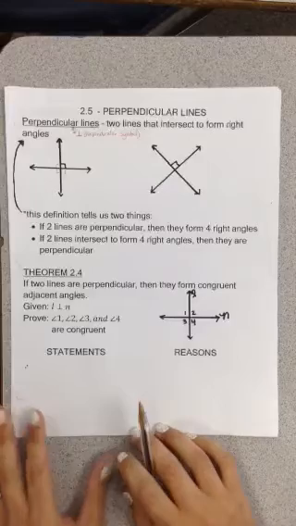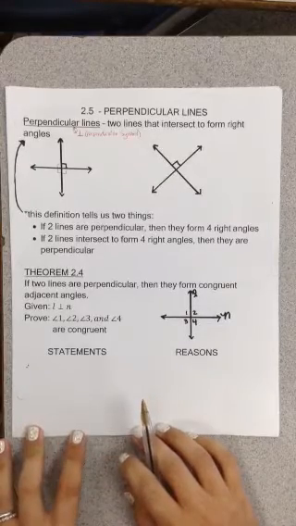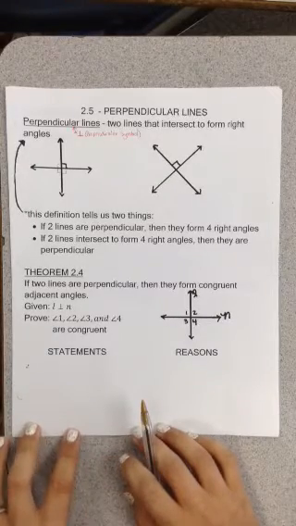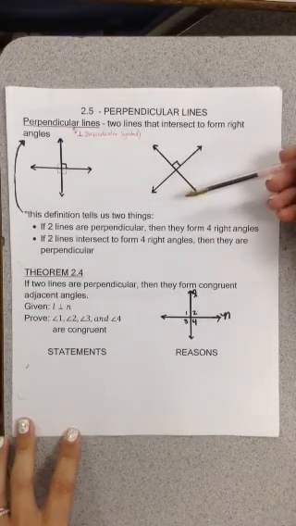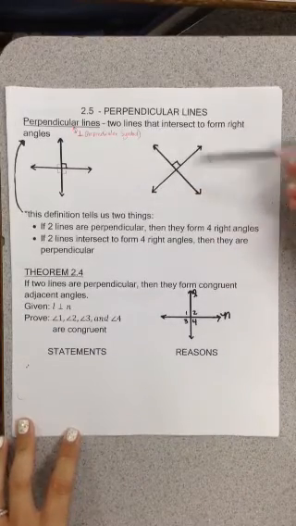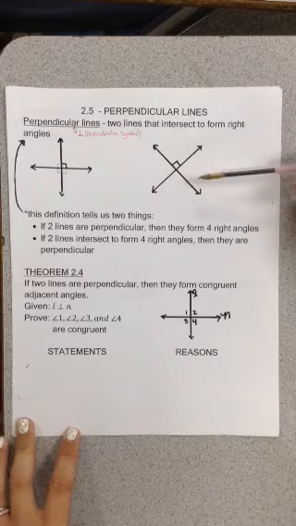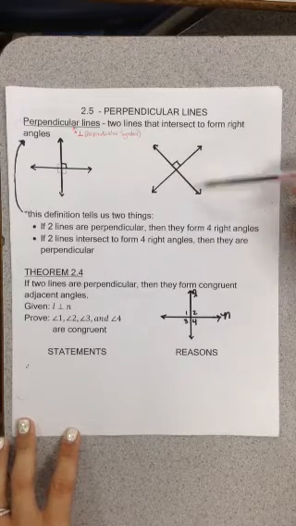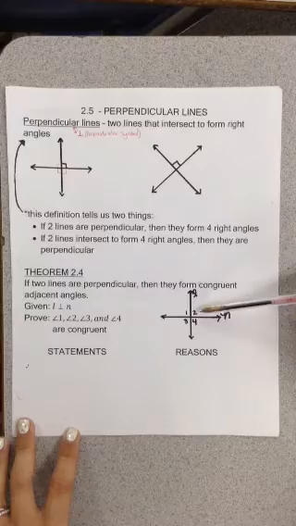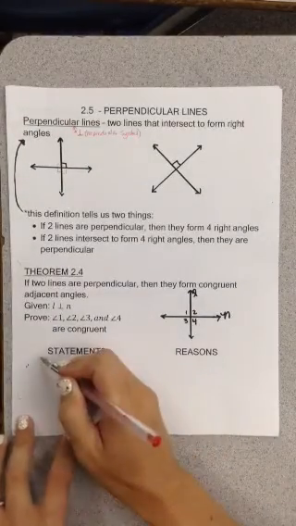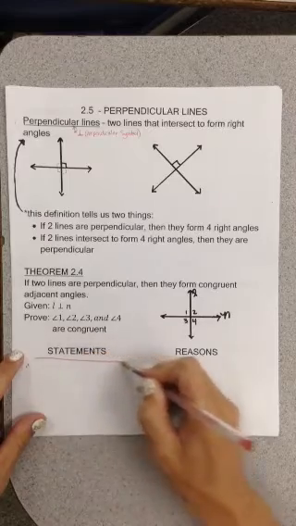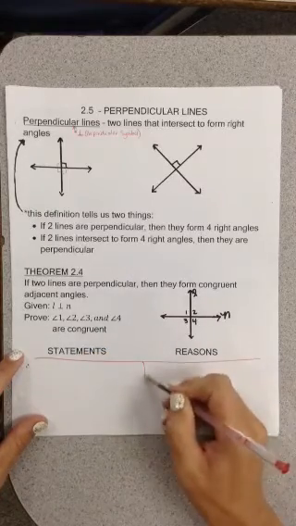So the theorem says if two lines are perpendicular, then they form congruent adjacent angles. So this is saying something slightly different than the definition. The definition talks about right angles being formed, so 90-degree angles. This talks about all four of those angles being congruent. Now they are similar, so it should be pretty easy for us to prove since it's so closely related to